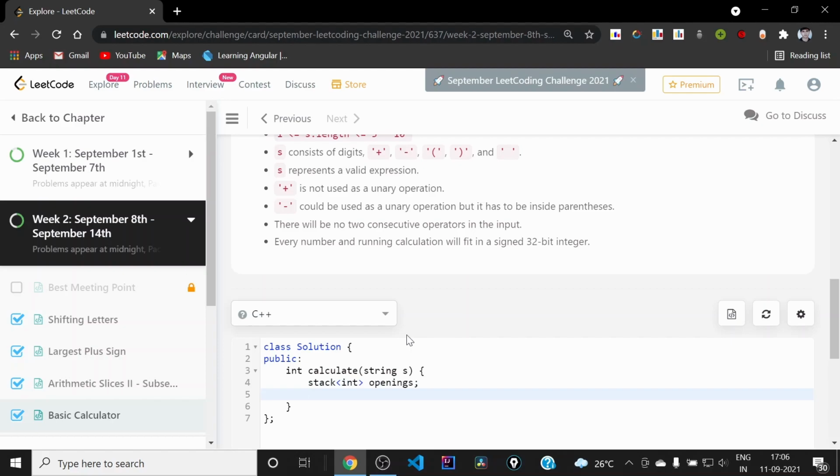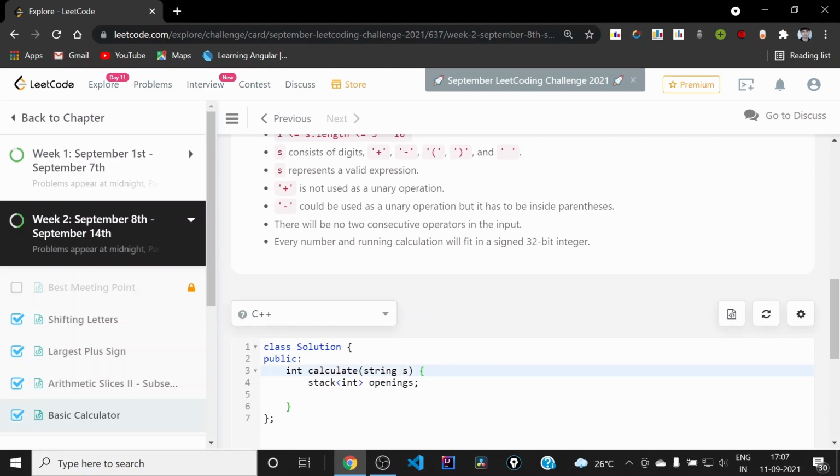This stack will work like this: whenever we encounter an opening parenthesis, we will push its index in the stack, and whenever we encounter a closing parenthesis, we will pop the stack to get an index, and that index